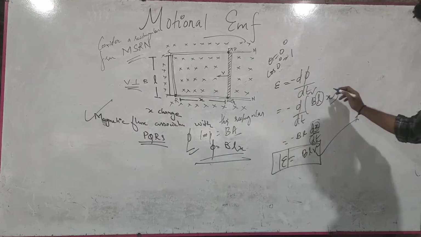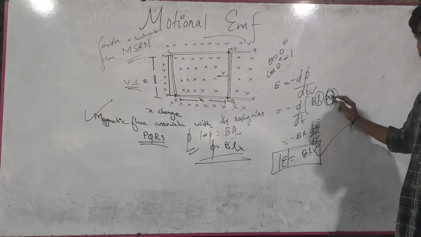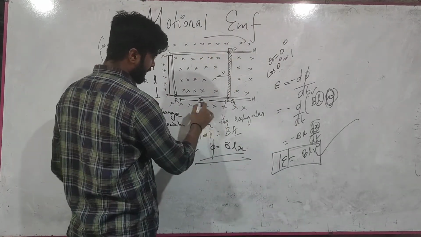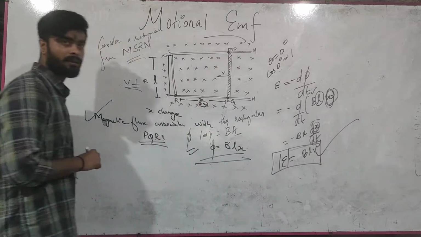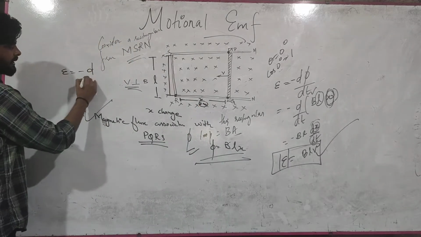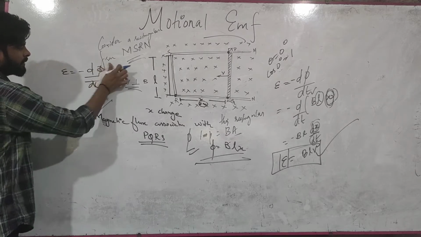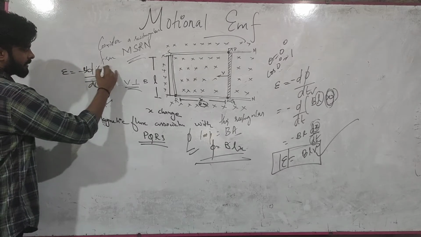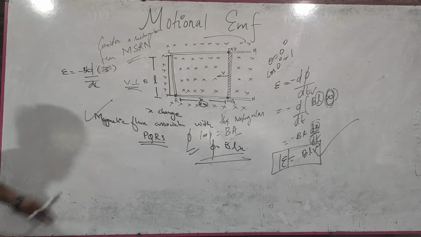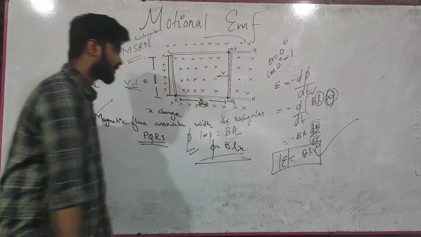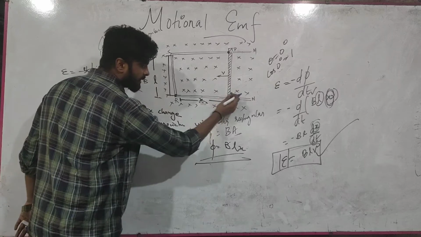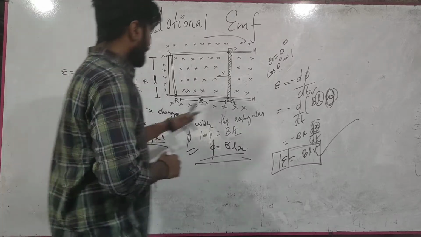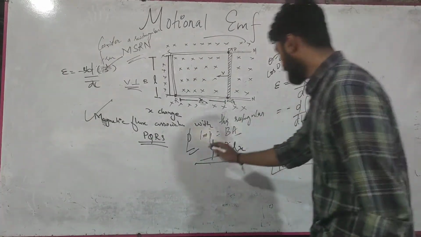Here you have the induced EMF, right? As x changes, what will happen? The flux will change, right? Here the flux will be what? Imagine this x is 3 meter, then E will be minus d phi by dt. So d by dt of B, L, and x is 3. Imagine 3t square, taking a function 3t square. Then if I decrease the length, it becomes 2t square, then 1t square. So that means this phi changes. This flux changes because flux depends upon x.